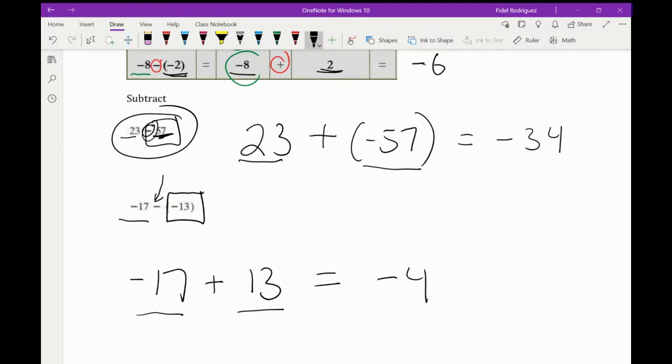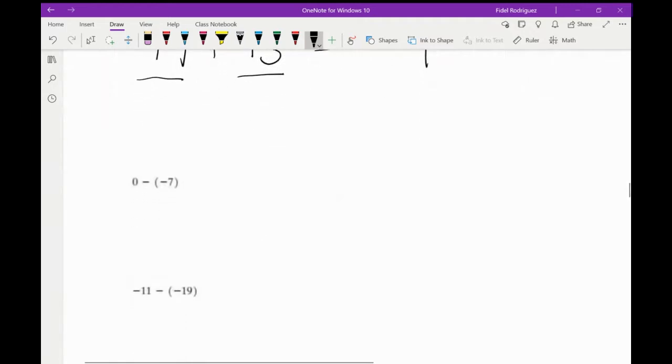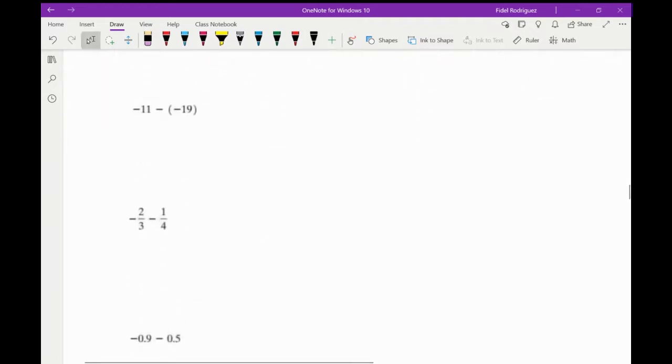And so, like I said, sometimes people get a little confused with this process. So I want to make sure that we're okay with this. I want to make sure that we understand when I'm subtracting numbers, what do I do? The first number stays the same. The subtraction sign becomes positive, and then the number directly to the right of the positive sign, the sign of that number has to change, okay?